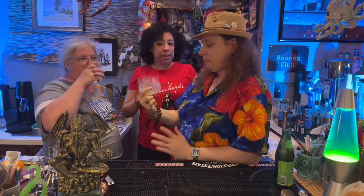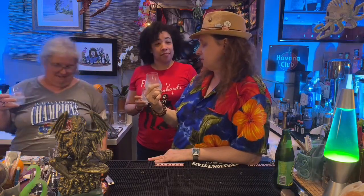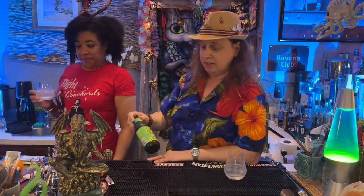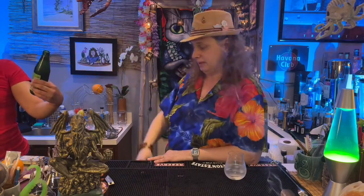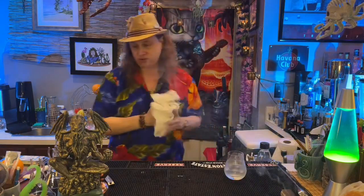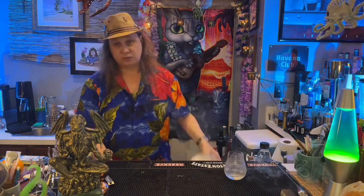Mighty tasty, thank you. And that's an overproof rum that's in there. It just works extremely well with the Ting soda, which is at its base a grapefruit soda. If anybody wants the rest of the grapefruit soda, you can take it back to the table. Thank you. So toast! A toast to currently being out of the doldrums of anything that even remotely looks like